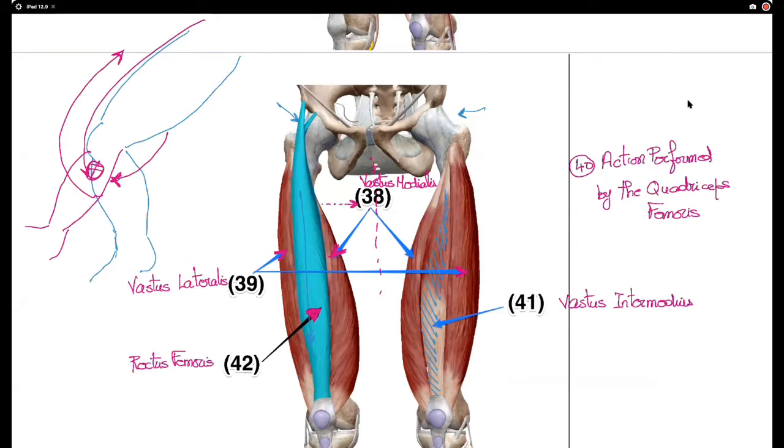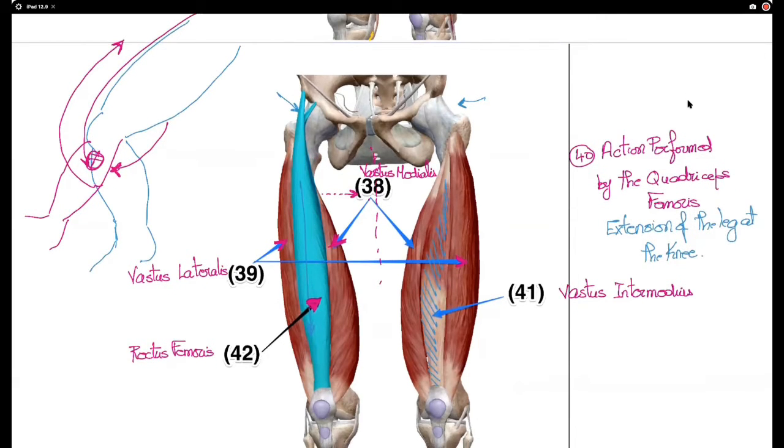So the primary action of this muscle is going to be extension of the leg at the knee joint. Does this make sense? All right, great. So let's move on